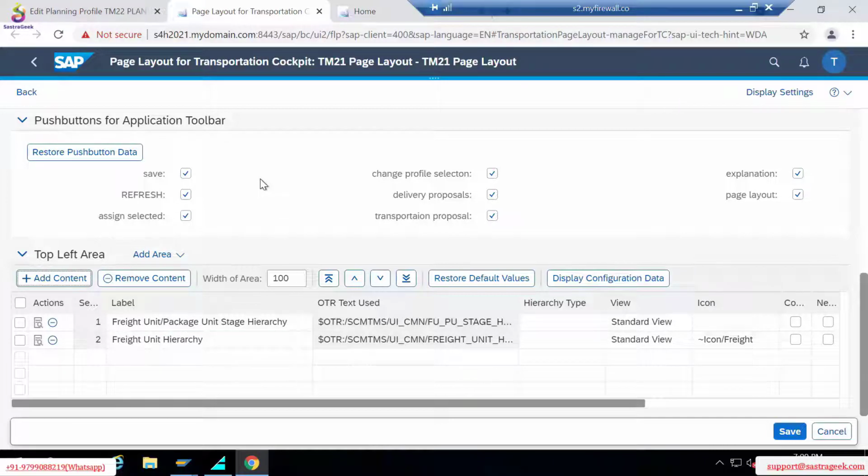Now top left is done. Then what are the other options for us? Let us see. Then top right, it is giving you a provision